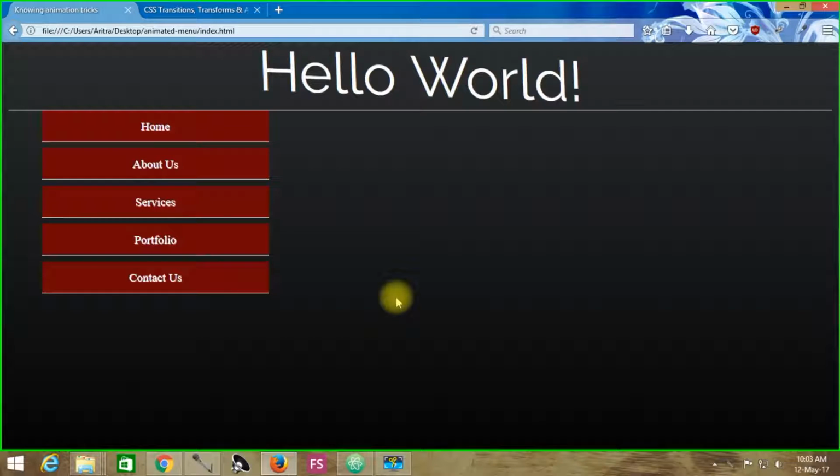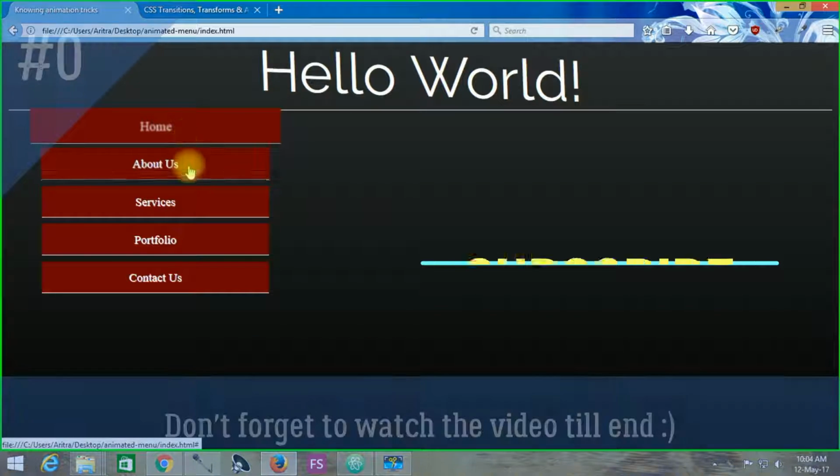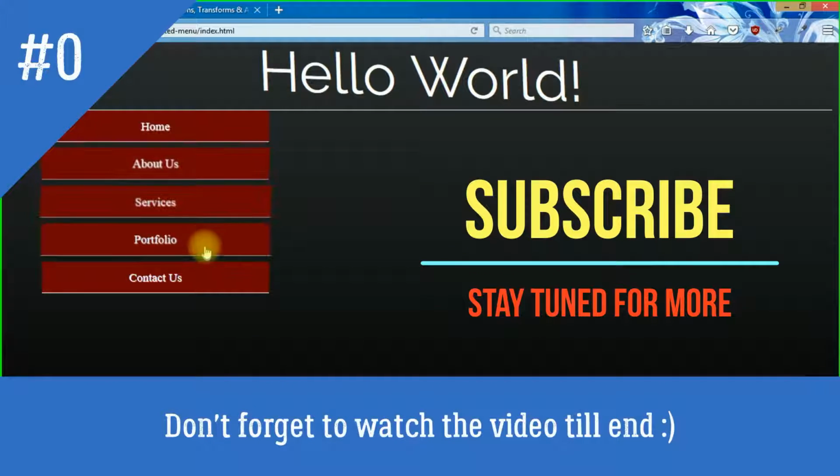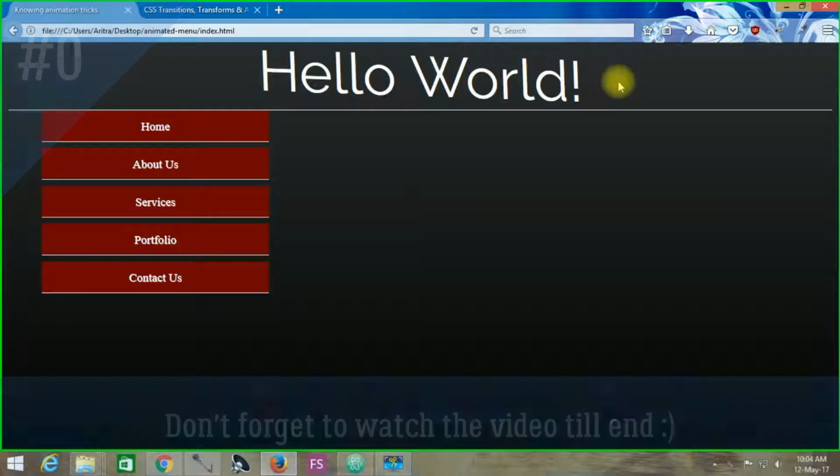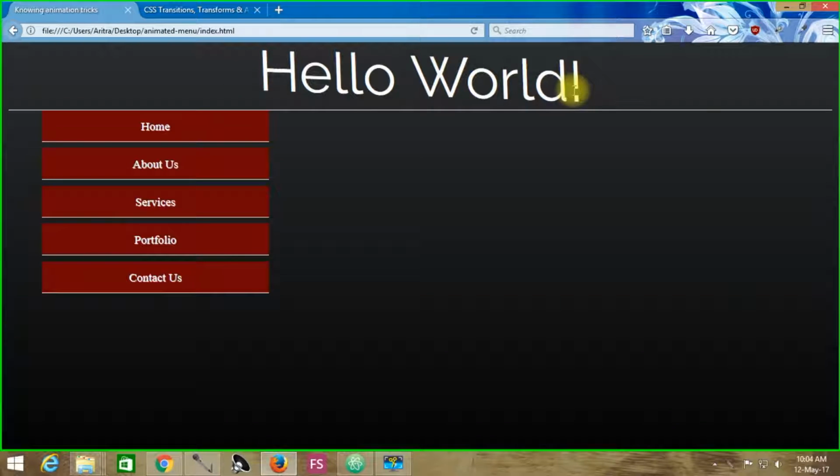In this tutorial, we are going to learn about some CSS tricks based upon text blur animation. With respect to it, we are going to learn about skewing a particular header tag, as we can see over here. So this is a very crucial and significant tutorial that we are going to learn today.